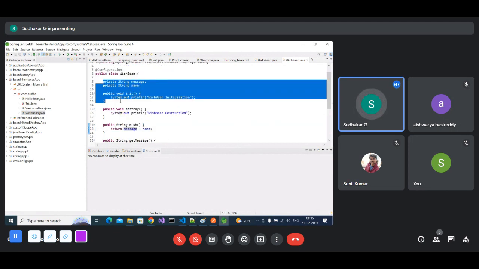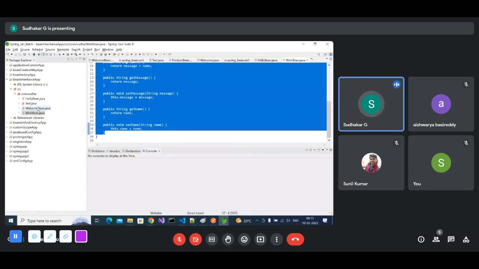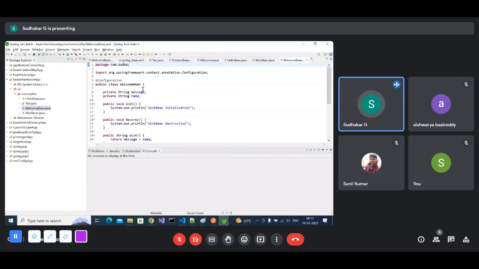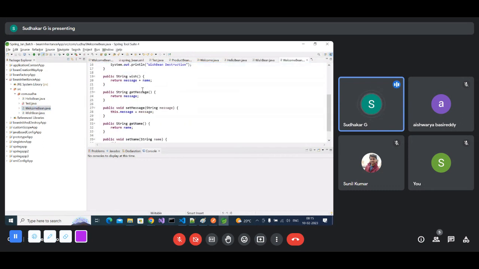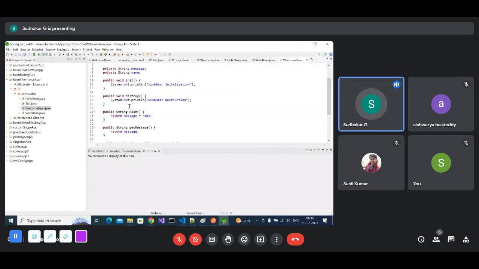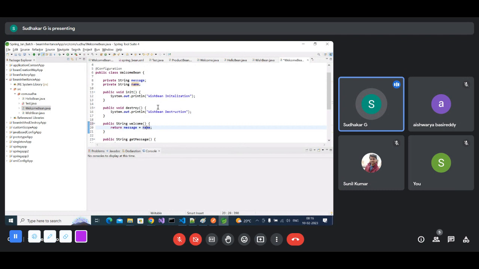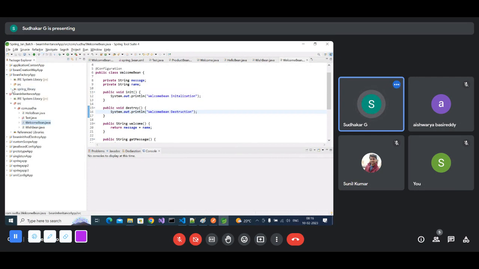So here I am taking same getters and setters, everything same properties I am taking also. Okay, WelcomeBean containing, but here the user-defined method containing welcome method. Welcome method, and I'm doing same concatenation, message plus name, getters and setters, message, name, everything, and init and destroy methods are there. But here WelcomeBean, just implementation, the corresponding printouts I am changing for the understanding of which class you are executing. Okay, now go to the corresponding